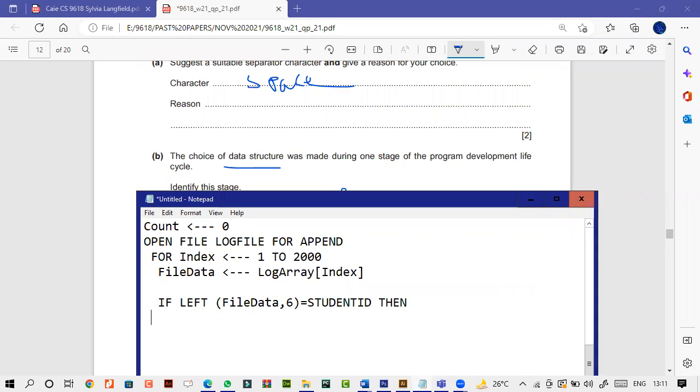Then हम कह सकते हैं उसको write file, और write file क्या है, which will be log file and the file data, right? And then obviously count plus 1,